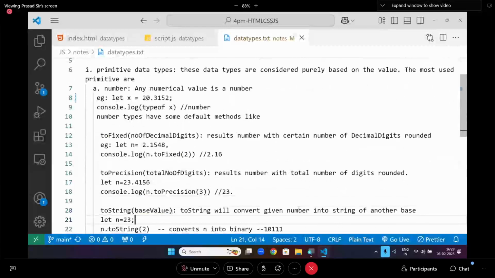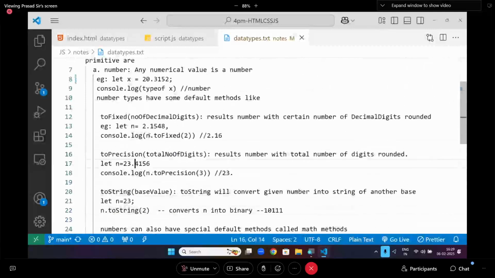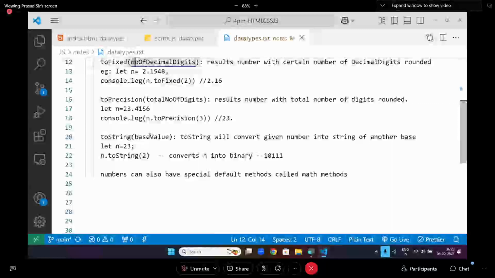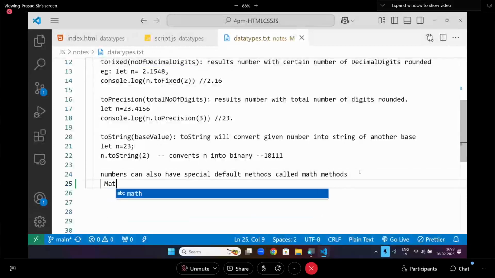It has default methods like toFixed, toPrecision, and toString. toFixed will take the number of decimal digits. How many decimal digits you will give? Then toPrecision will give the total number of digits. toString will convert any number into another base, like you want to convert a number into binary or any other base. Not only this, we also have math methods such as Math.sqrt,